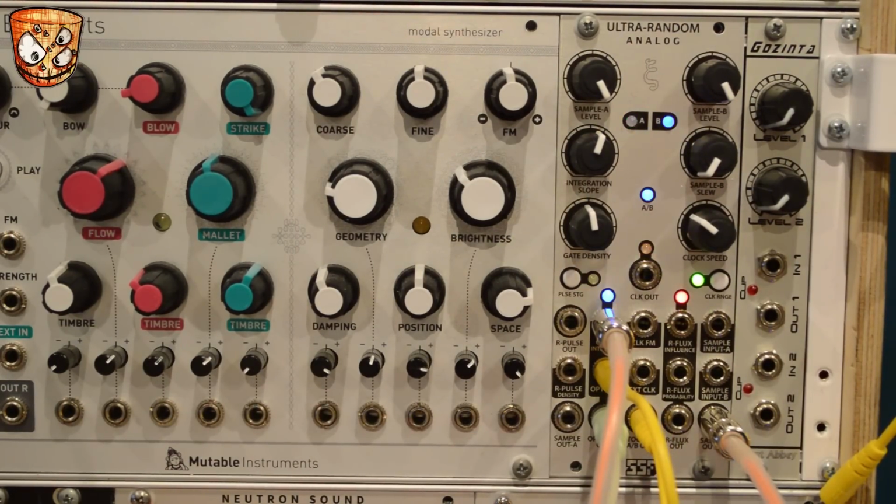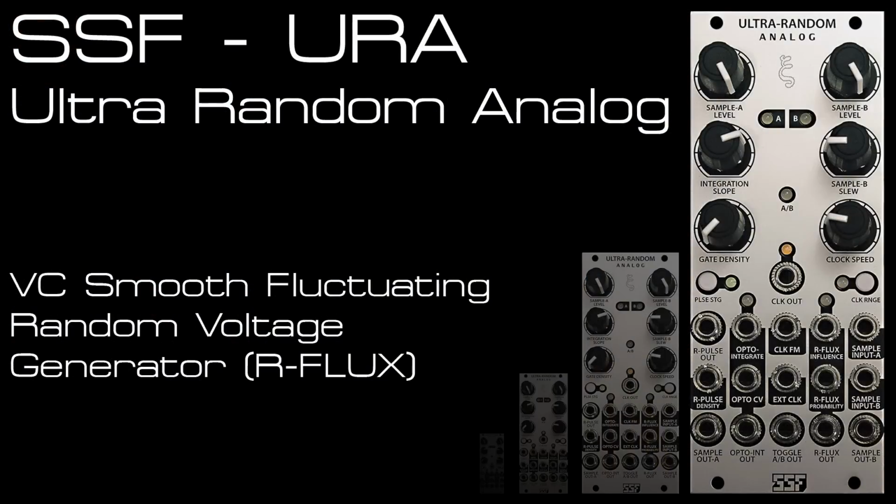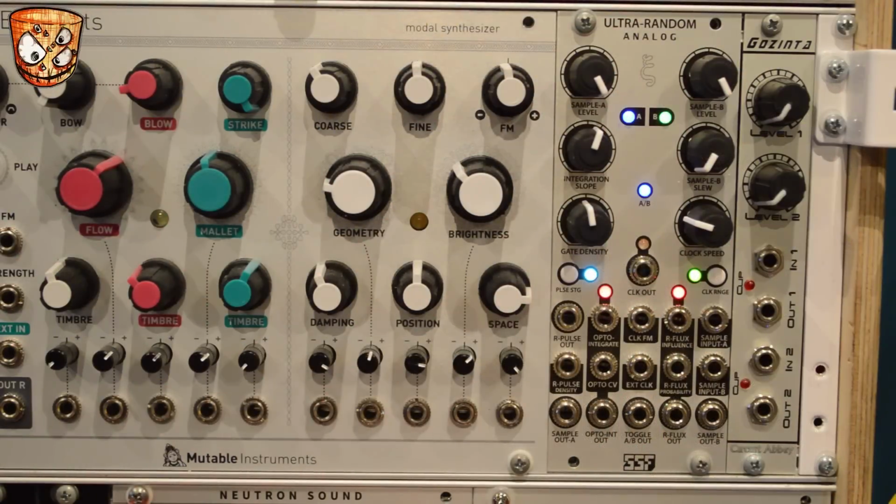So it's a great Vactral circuit that can be used to create envelopes and new CV sources either from the internal random pulses or any other input. The final thing to look at is the random flux voltage generator. The manual states this is one of the most versatile sections of the module that can breathe new life into a patch. It mimics smooth random control variations, and the flux output is affected by the external clock input, which